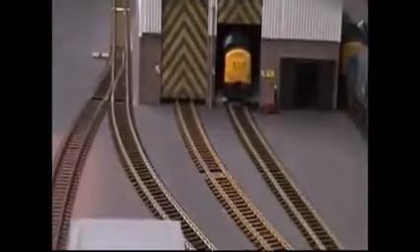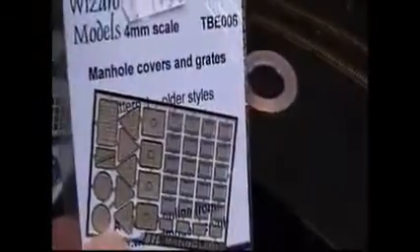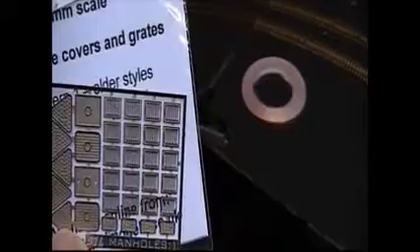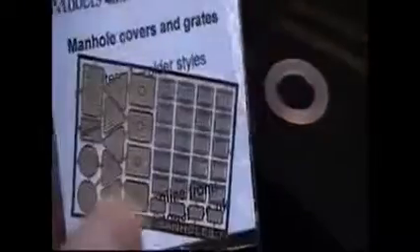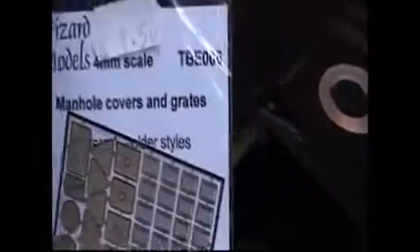Blyth one. I'll let you have a look at those actually. Where the bottom of the drain pipe is there should be a little drain cover, and I've got some of the Wizard Models ones, which we'll just go back up here and I'll let you have a look at, which are really quite good. That's them there, the drain covers. You get assorted manhole covers and drain covers. You can get two sets, an older style and a modern style. I've got the older style, which would be more appropriate for the era that